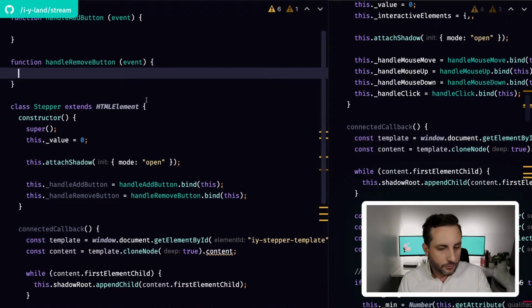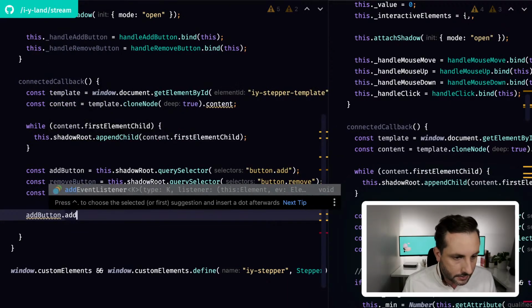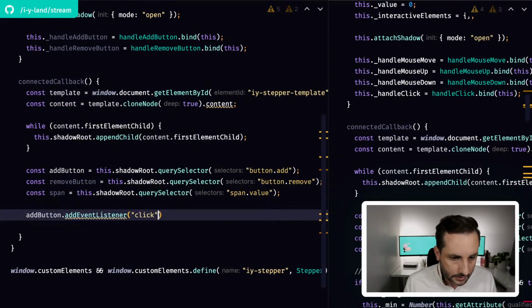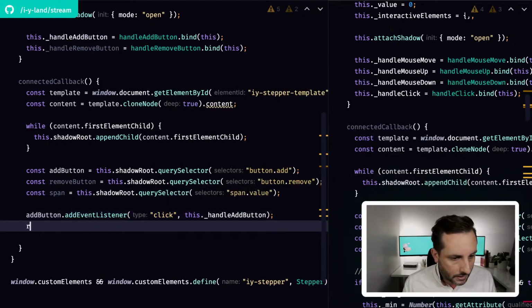Okay, so we have our two functions here, and those are the ones that I'm going to bind to my elements. So I'm going to say add event listener on click, I'll call handle add button, and do the same thing with the remove button and say add event listener click